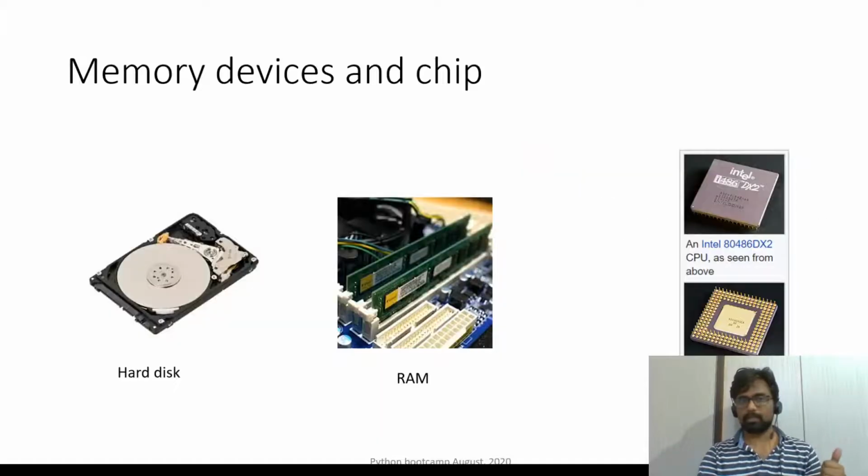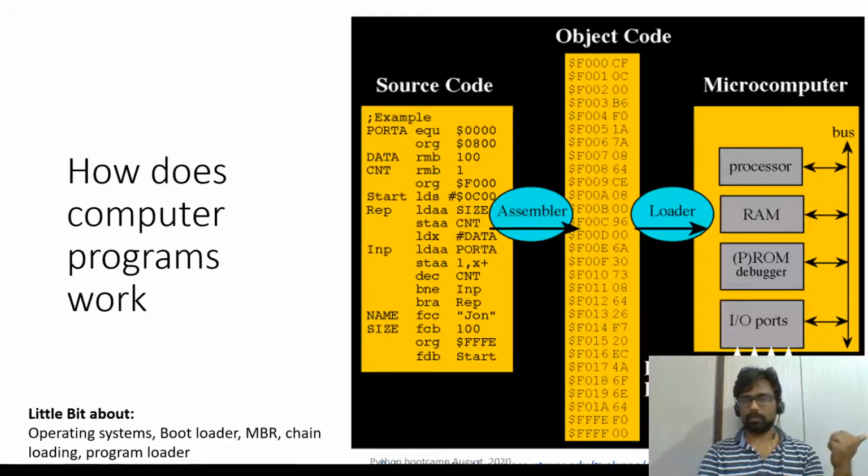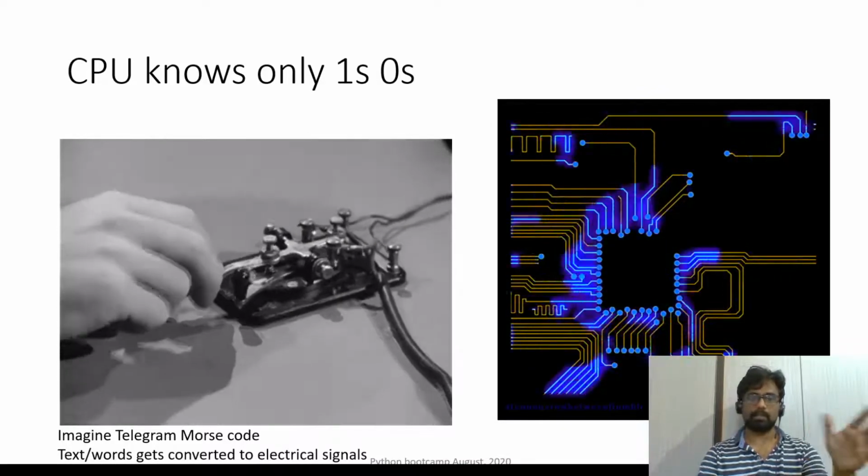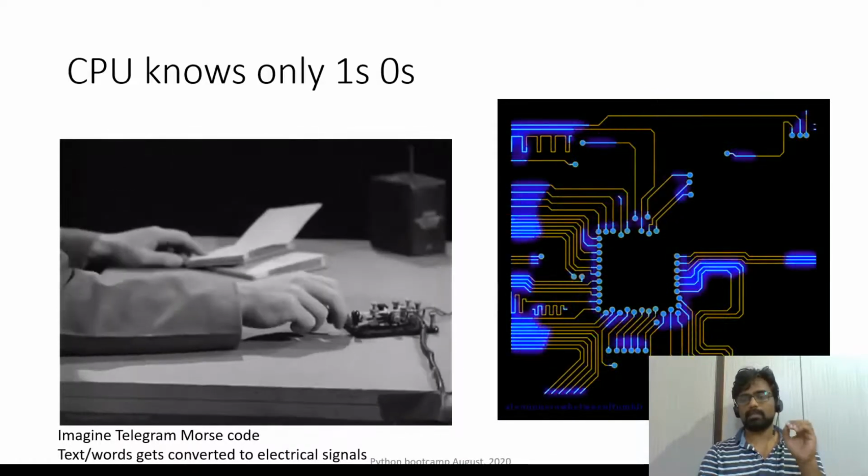In the first session, we learnt about devices and how the chip works, how the hard disk is there, and what is the role of RAM. I hope the quiz that was hosted for this session was helpful. It also helps you to explore more on how computers work. The first thing you need to understand is computers can only understand bits, that is zeros and ones. That means it's only signals.